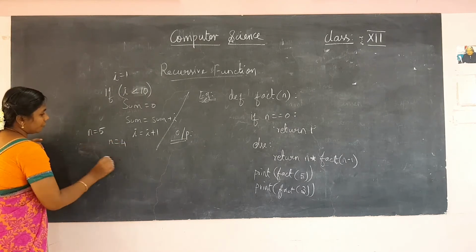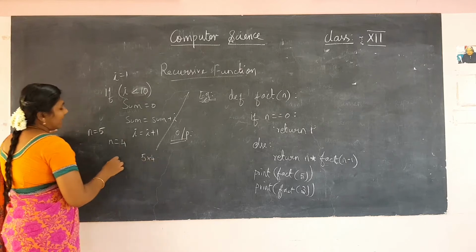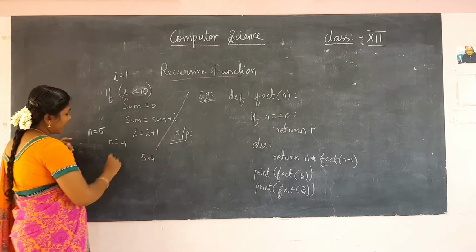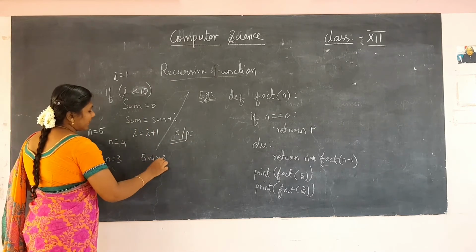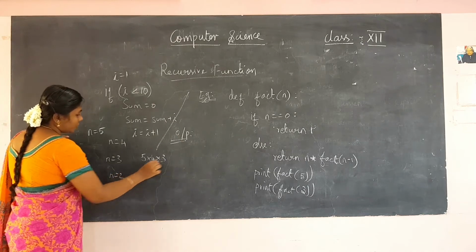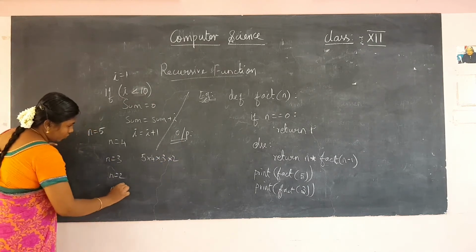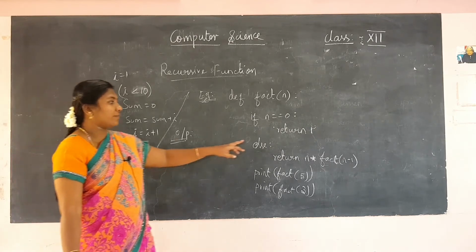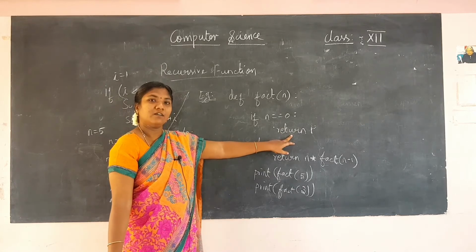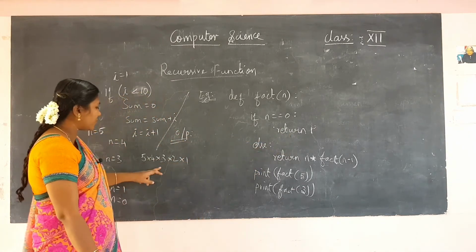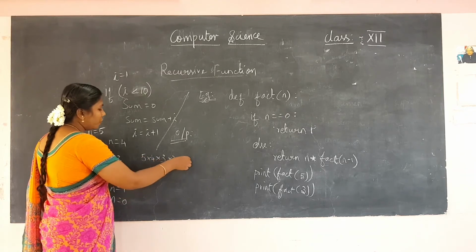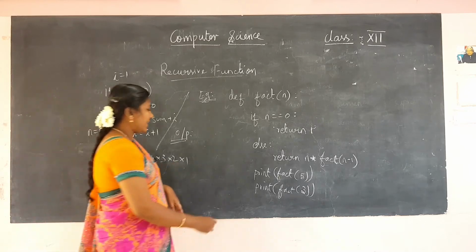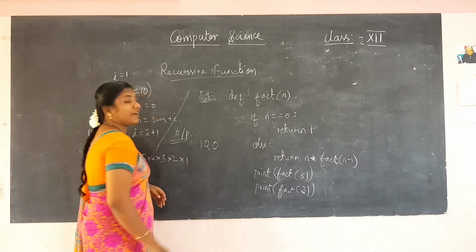So now 5 into 4, and next 4 into again fact of n minus 1. Now n has the value 3. So into 3, again n minus 1, n becomes 2. So n has the value 2. Again n is equal to 1, into 1. Now n gets 0, isn't it? So n is equal to 0 means it will return 1. So it will not go up further. So here it is 5 into 4 into 3 into 2 into 1. 5 4s are 20, and then 3 2s will be the answer for me. First I will be getting the answer as 120.